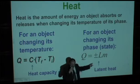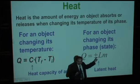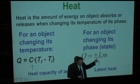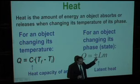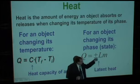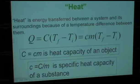Here, we have to remember what we should write in front of this coefficient, a plus or a minus. So we have to understand what's happening. If the system should absorb energy, we have to write a plus. But if that system should release, give away energy, we have to write a minus. It's up to us. Now,